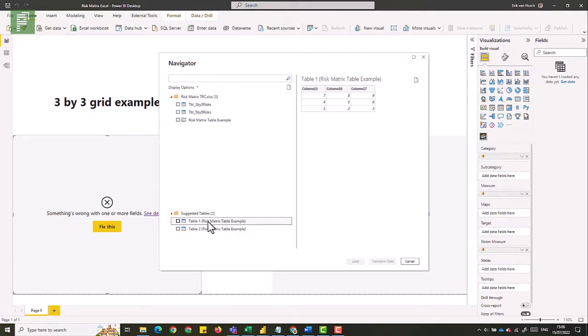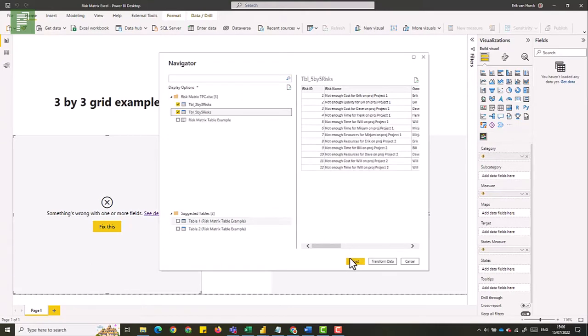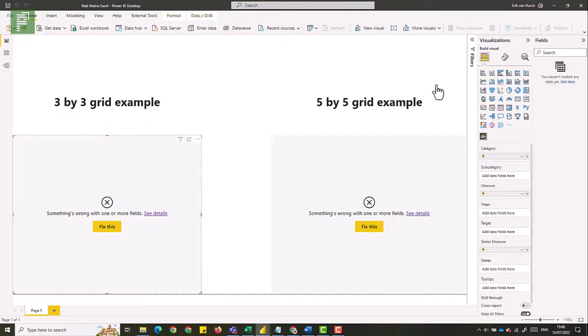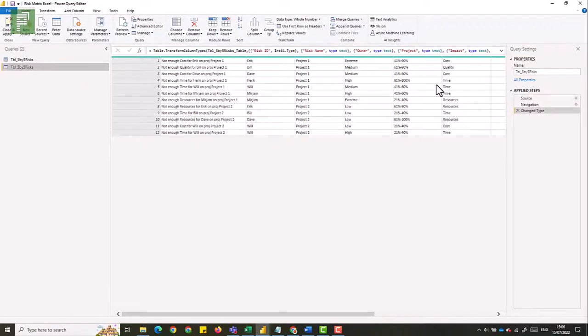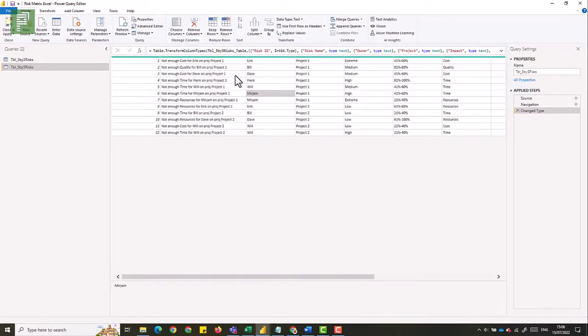It just takes the values that we know from the grid that we had as an example. So what we're going to do is add these two tables, and instead of loading, we always want to try and transform the data, see if it's correct enough for us to do our work. Now, because the data is quite simple, we can see that the information